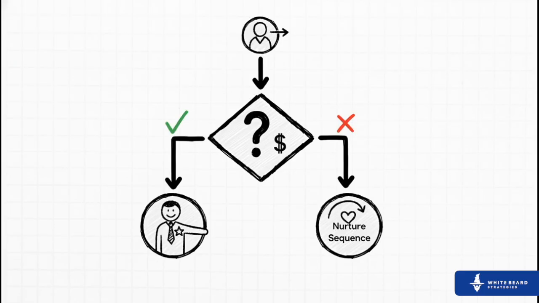And trust me, this is just scratching the surface. You can get way, way more advanced. You can build in logic that says, if this is true, do this. If not, do something else. So for example, if a lead makes over a certain amount of money, you can send them to your top salesperson. If not, maybe they just get a nice follow-up email. It lets you get incredibly smart with your automation.